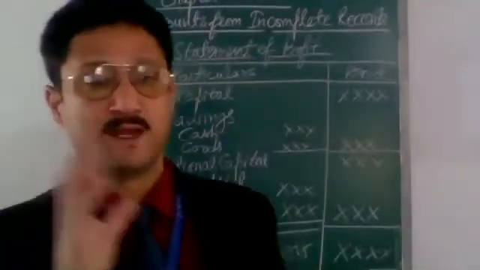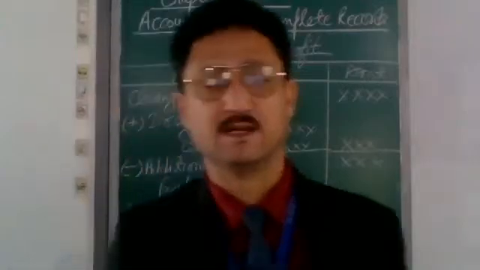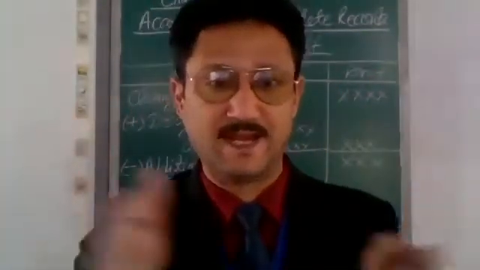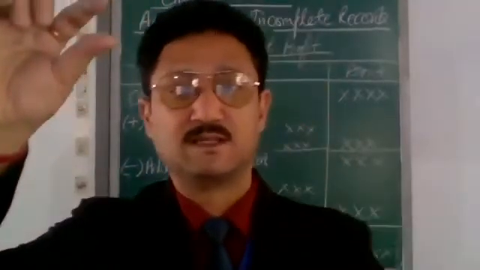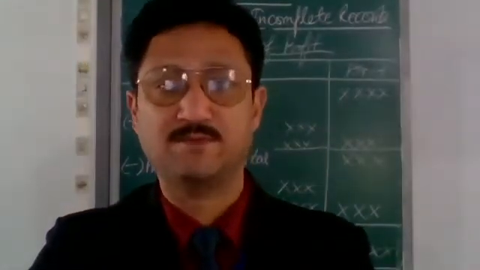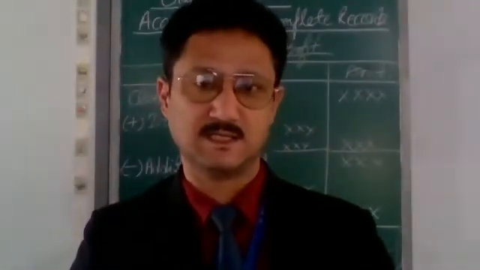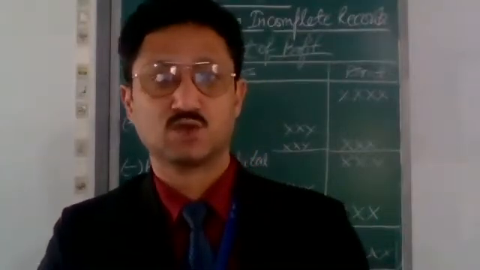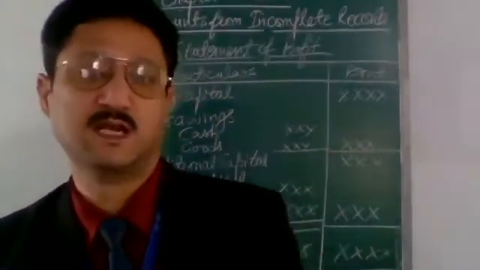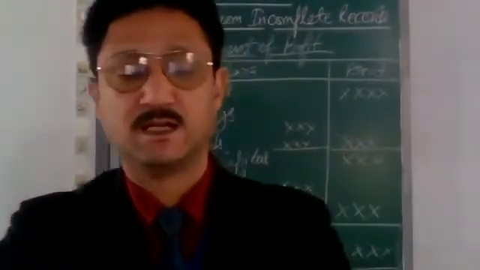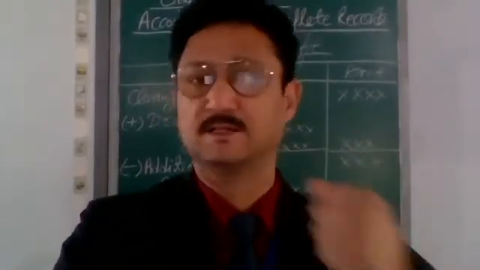So when the opening capital is given and we move towards the closing capital, what are the items which are added and what are the items which are subtracted? Listen very carefully. Suppose we start with the opening capital of 5 lakh. A business is commenced with 5 lakh. So, during the year, if some additional capital is introduced in the accounting equation, you have already done this. Whenever additional capital is introduced, it is added to the capital.